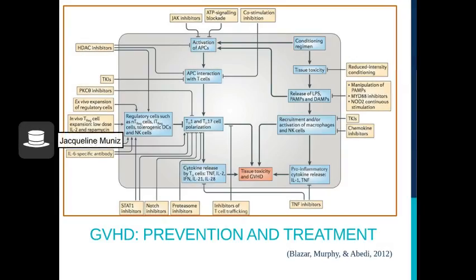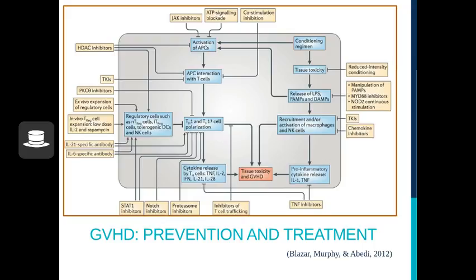When it comes to prevention and treatment of graft-versus-host disease, there are numerous agents available. Some of the approaches mentioned by Blazer, Murphy, and Abedi that have been used in clinical trials include small molecules, antibodies, fusion proteins, agents that affect the microbiome, cellular therapies, cytokines, and chemotherapy agents. In this case study, we learn of several agents utilized to prevent and treat graft-versus-host disease presented by the 24-year-old man with chronic myeloid leukemia.